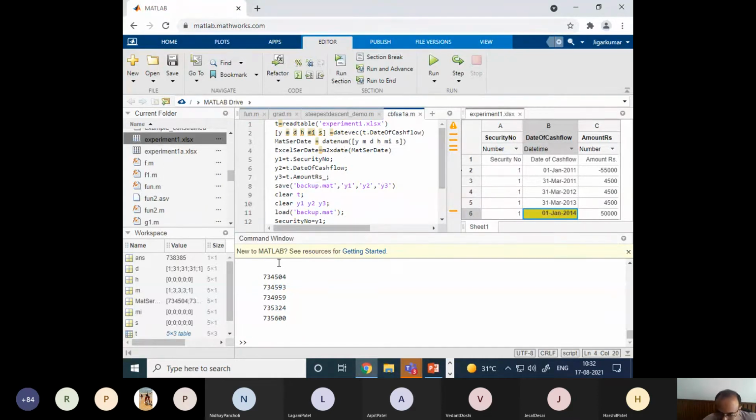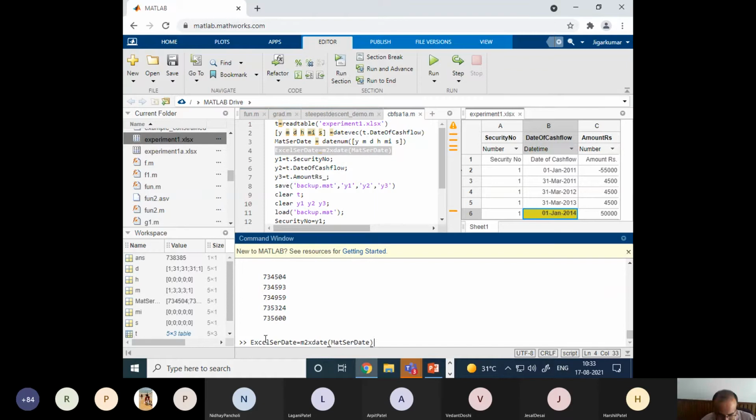Now this is the MATLAB serial date number. Excel also internally handles the dates by serial number. That you probably don't know till this time. Some of you may know, I don't know, but most of you may not know. So we have a function M2X, I have written this function in my help file or Word file. Let me pass this MATLAB serial date to this function, and we know what is Excel serial date. So in this array, let me create the Excel serial date. Now you can see it is different. It is 440, 544, and like that. So this series is different. The MATLAB serial date and Excel serial date are different. Excel has some other reference, MATLAB has some other reference.